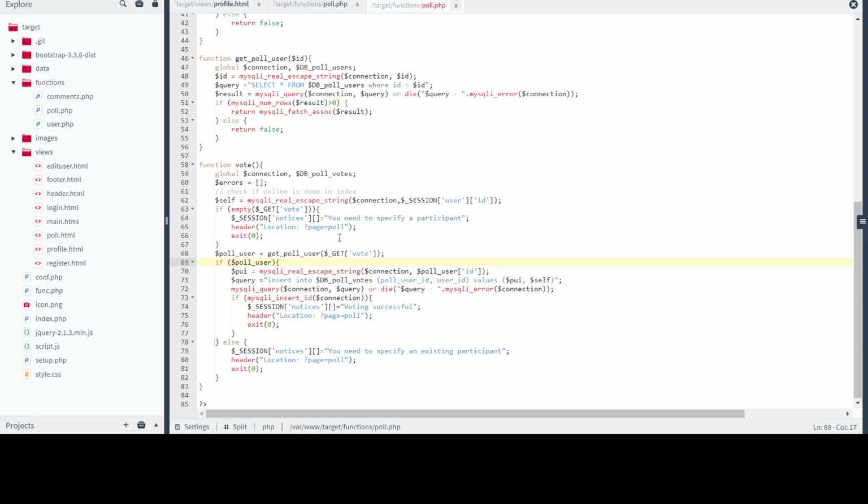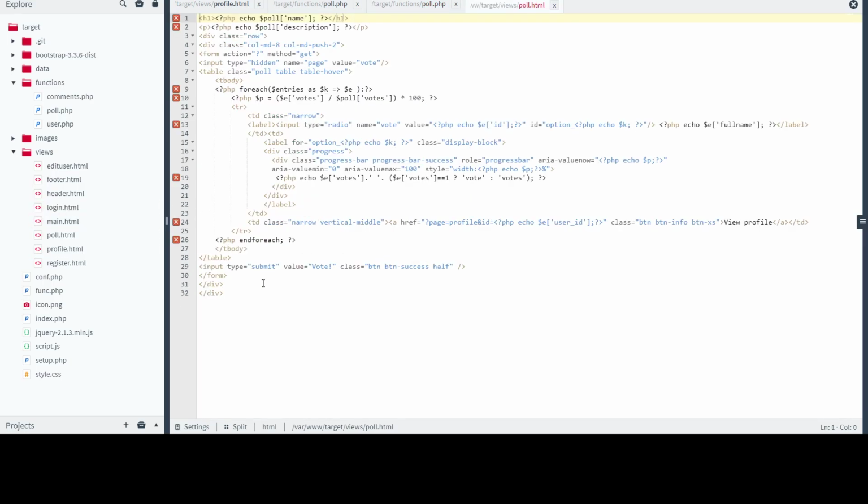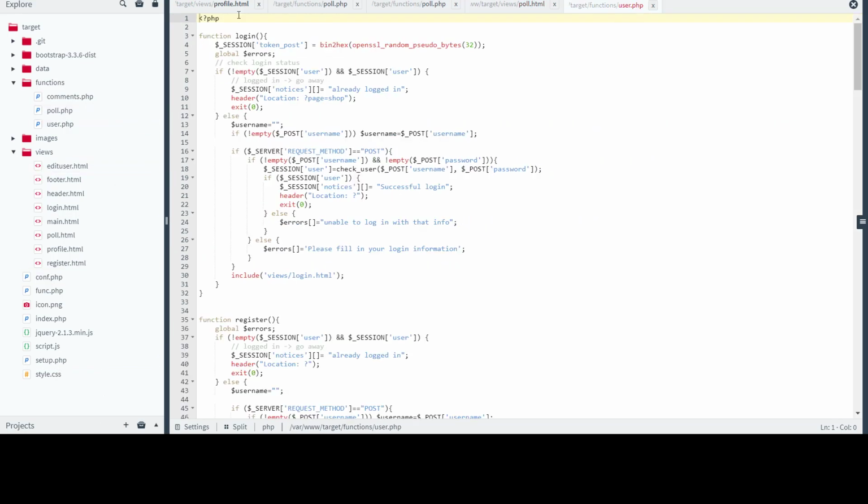The other place is the poll.html. Or no, let's generate the cookie first. I need to generate the double submit cookie over here. Okay, let's take this and we go to user.php over here. Let's click those, click X,